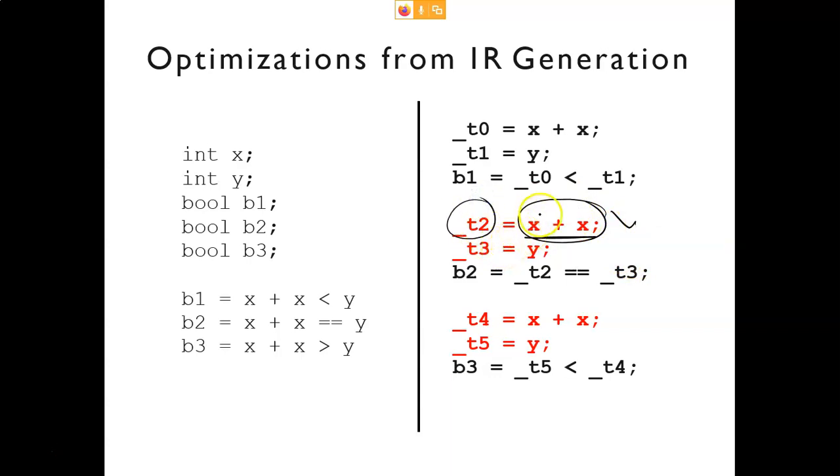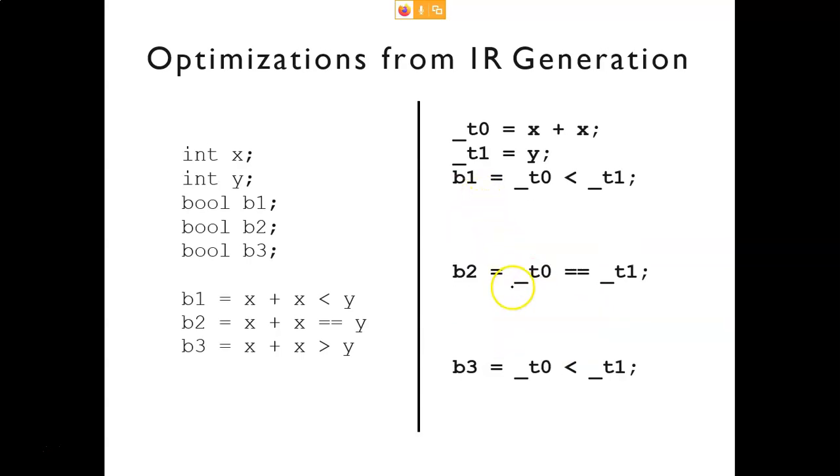After that you are not changing x, you are not changing T2, nothing you are changing. You can see neither here you are changing, here also you are not changing. So finally you don't have to calculate it again. So what you can do, you can replace this with directly T2. This is what